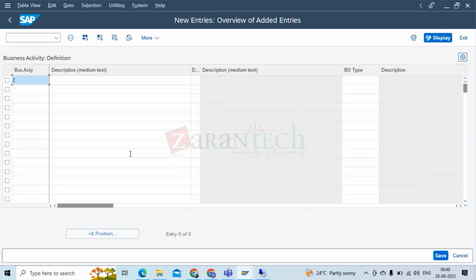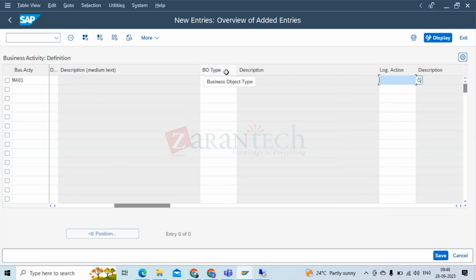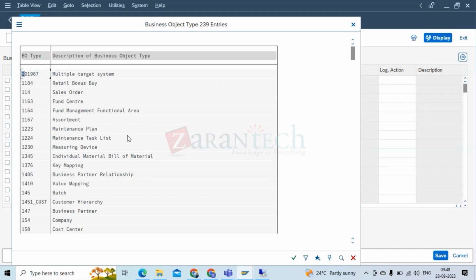Here I'm going to use the same name, ZMAT01. It is only allowing 4 characters. Then we'll go MA01. It is for create material for TCS, and here you can see business object type. For business object type, use F4 and see here, type material,